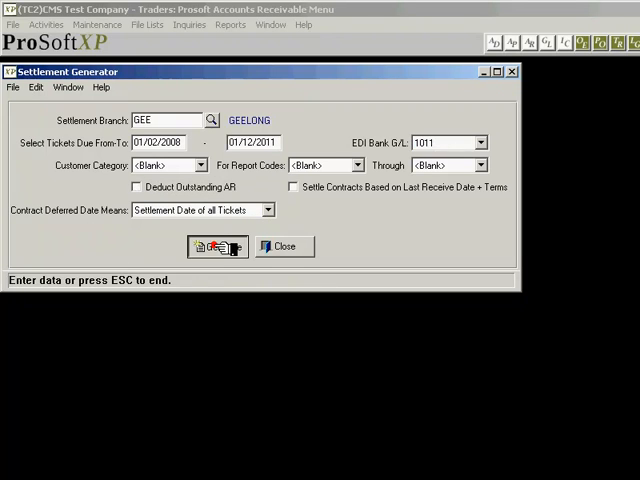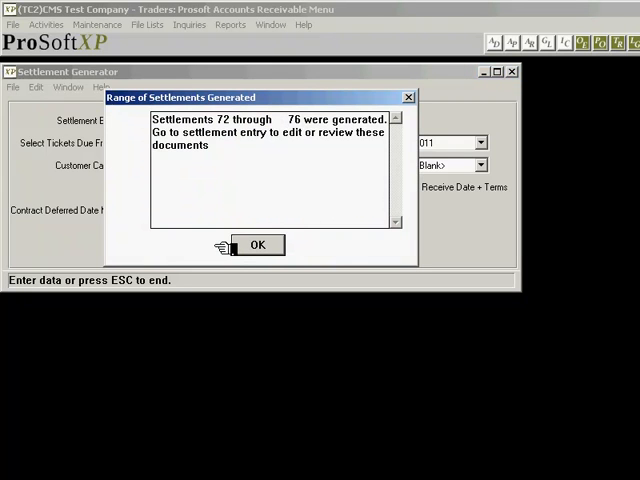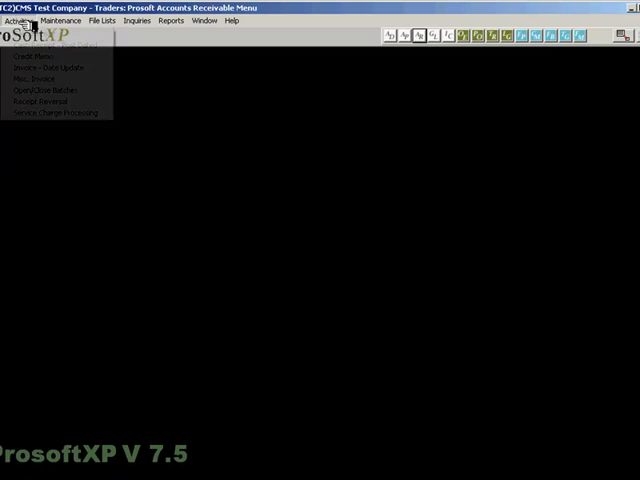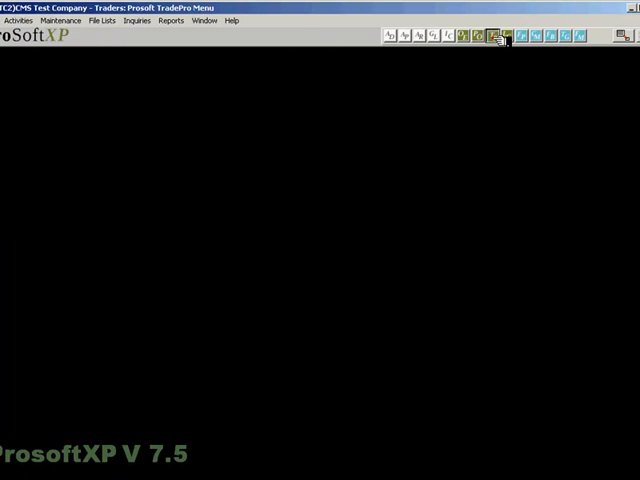Once I've set all of that, I simply click the generate button. The system will then go through and evaluate all the tickets that are in the system that are unpaid at this point in time and set up settlements for me. I now close out of this screen, and if I go back into my